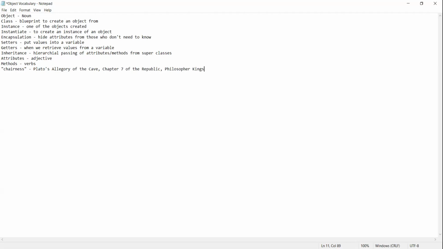Are you guys familiar with this at all? The allegory of the cave. Never heard of it. In the allegory of the cave, basically what happens is